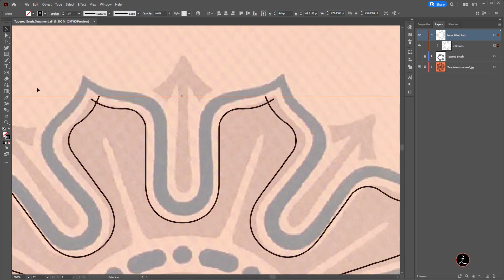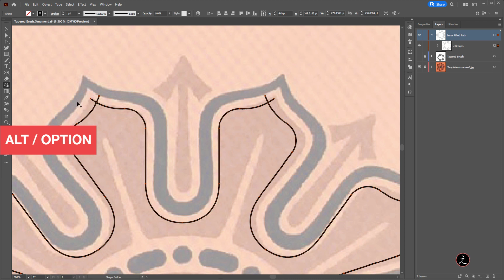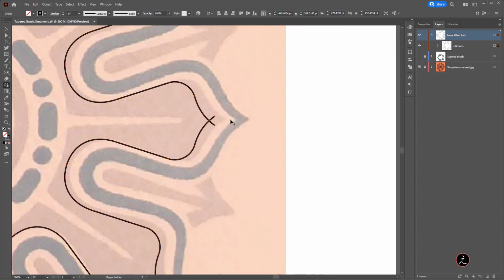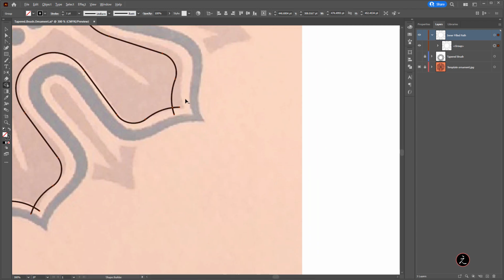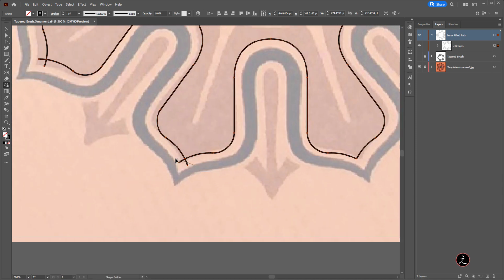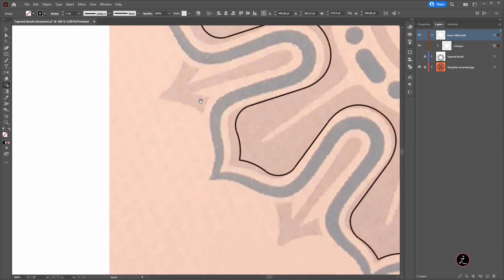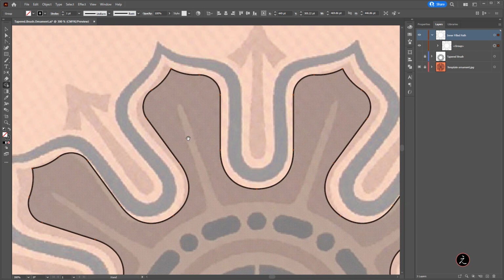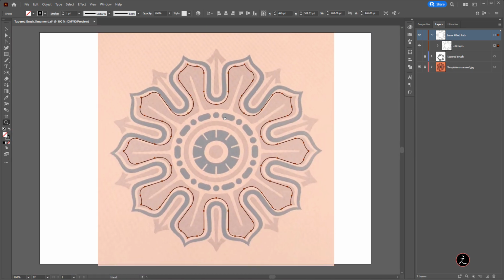So here are the overlapping paths, which we don't need. We need to remove those. So for that, we're going to use again the Shape Builder tool. And I will hold down the Alt key or the Option key and get to the Erase mode. Just going to click and drag those regions and remove those overlapping paths here. And there we go. We have those two here, this one and this one. Great. So everything looks great here.